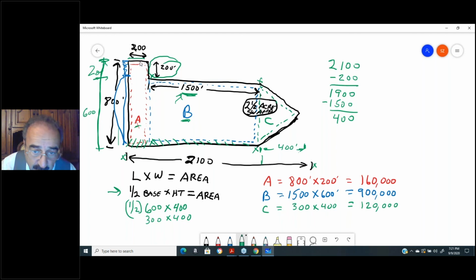Now we get to the triangle. Now we got 600 feet from, let me see, let me get an arrow here. I think that would help. Okay. I got 600 feet. You see this arrow right here going down here is 600 feet, right? So if that's 600 feet, then